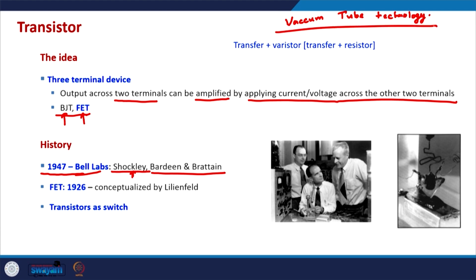Vacuum tube technology is actually considered to be the starting point of electronics engineering, or electronics as a discipline. And why did we need vacuum tube technologies? Why did we need vacuum tubes? The reason was that